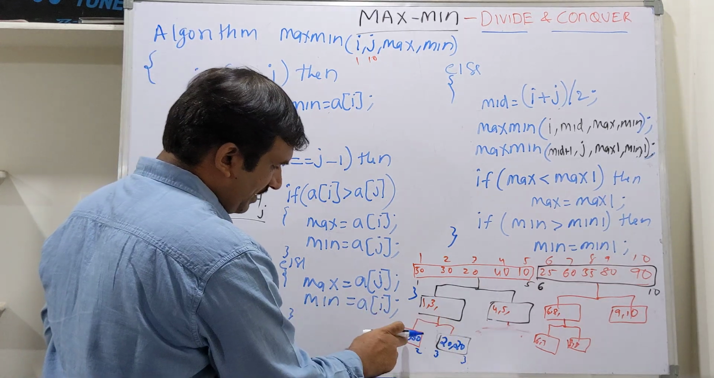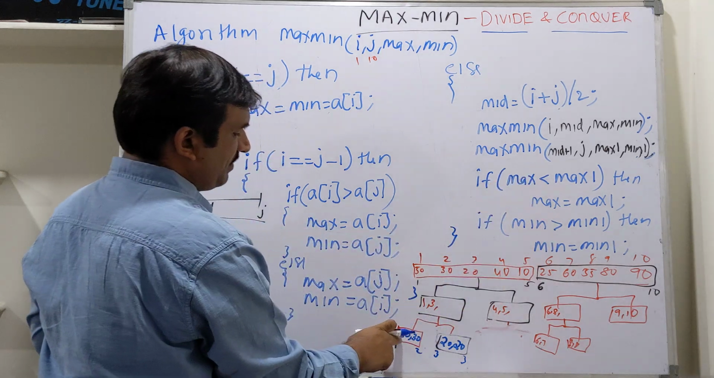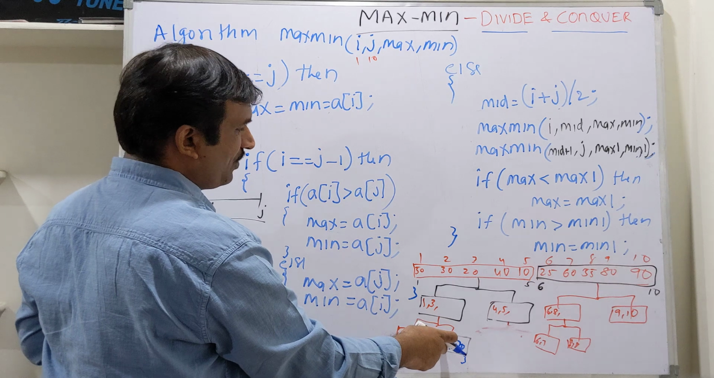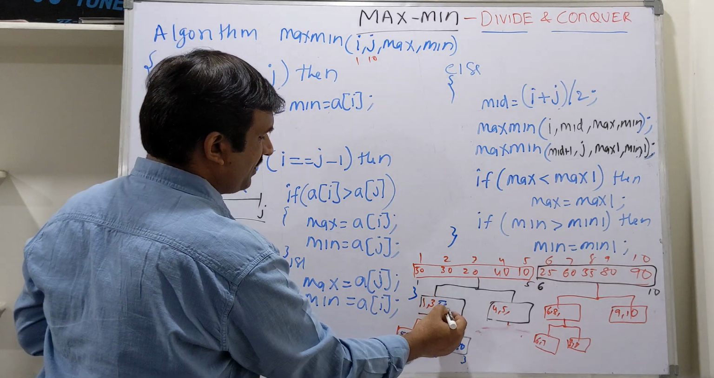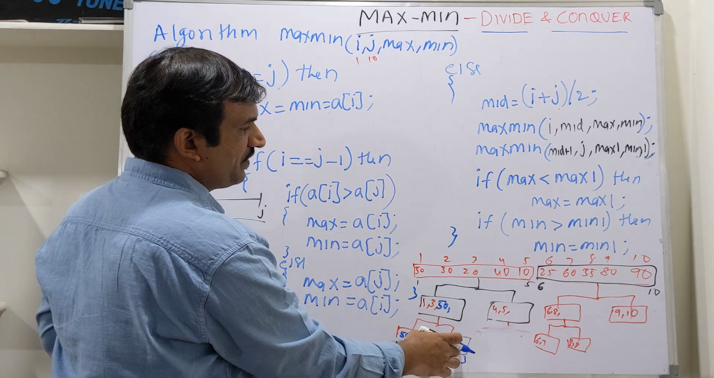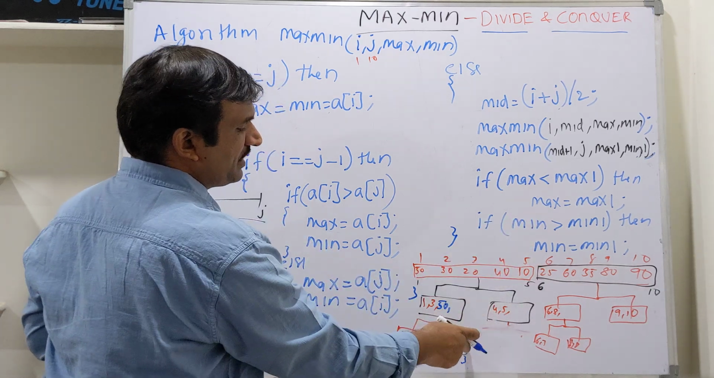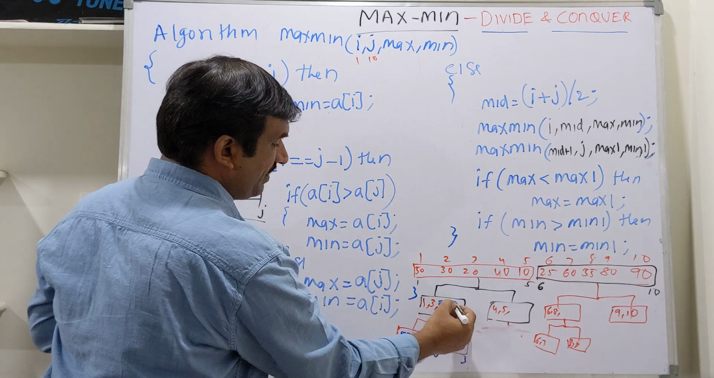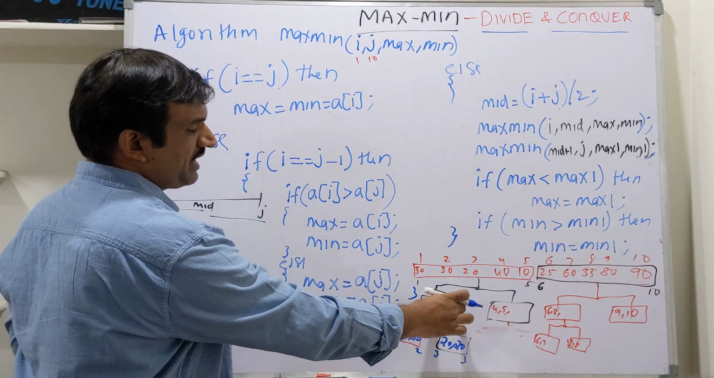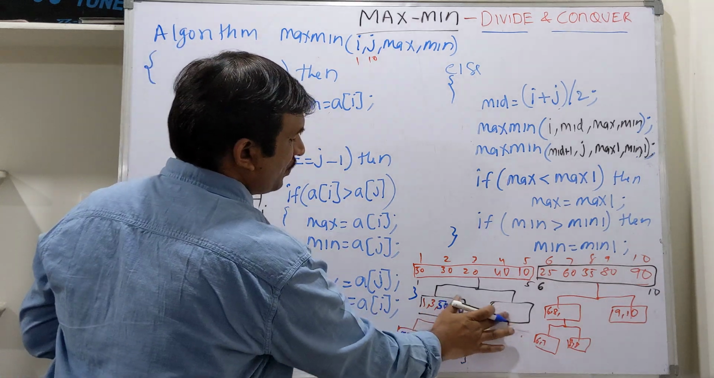Now you observe, compare both maximums here. Is max less than max 1? 50 less than 20, false. So the same number will be the maximum. Now is the minimum greater than 20? 30 greater than 20, true. So 20 will become the minimum in this step. So these two answers are compared and you get the final answer. In 4 comma 5 also